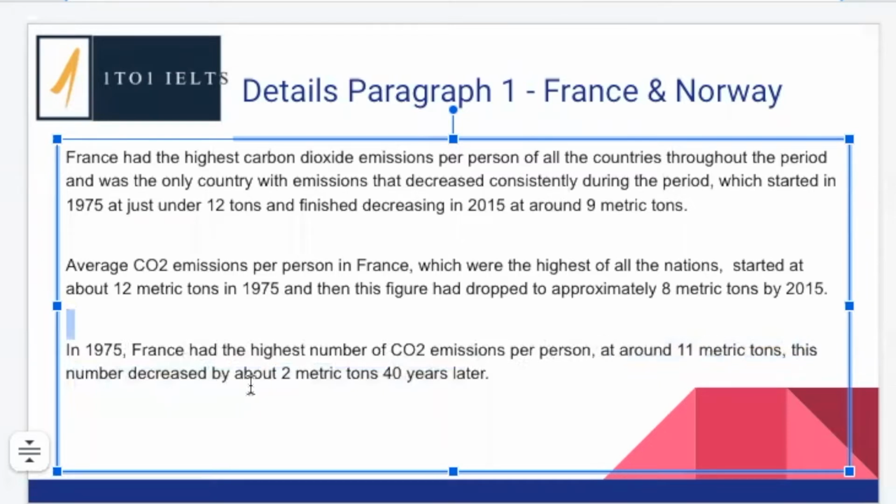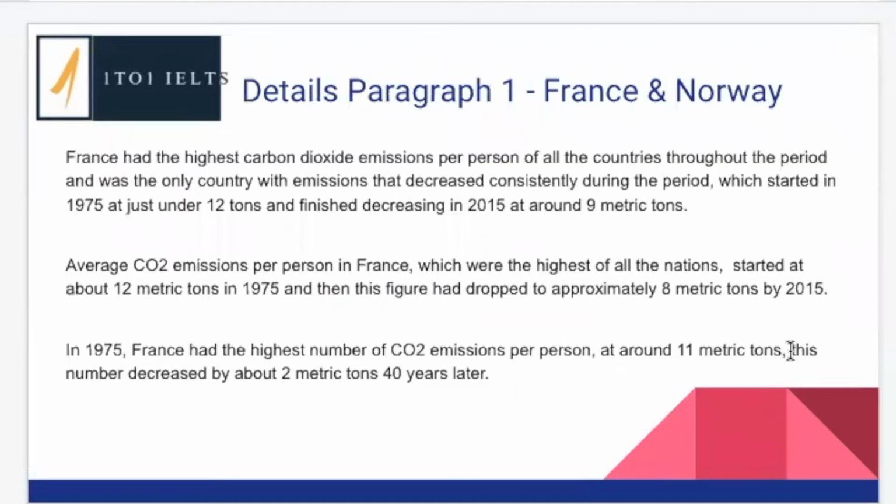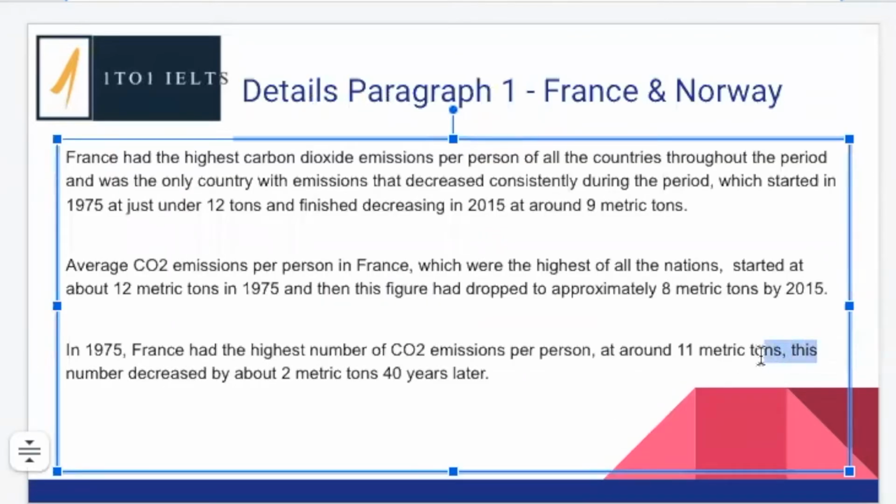This number decreased by about 2 metric tons 40 years later, so that means it should be 9. Is this accurate? Yep. What is my problem here? So this is correct, because we're talking about this number, so it's a singular number, but this is not a conjunction. So what do conjunctions do? Why do I want a conjunction? So a conjunction is a word that joins parts of a sentence. So here we've basically got an independent clause. Here we have an independent clause. So what type of conjunction